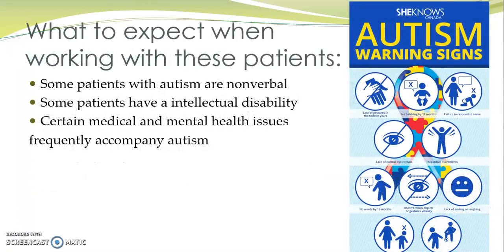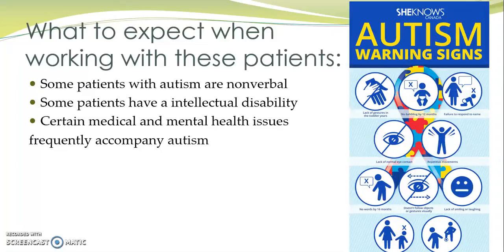So what to expect when working with these patients? One of the biggest things with autism patients is that a lot of them are nonverbal. These can be things such as straying away from communication, not wanting to actually speak. They could know things such as sign language, pointing out objects. And then there are just some who are completely mute. Some of the only people they will trust to talk to will be their caregivers, their guardians, people who take care of them, who are around them often, who have worked with them. Those are usually going to be the ones they will actually work with.